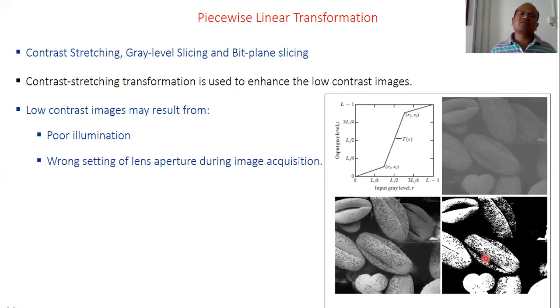Contrast is improved, because we know that contrast is actually the difference between two neighboring or adjacent pixels. Whenever a difference lies in the adjacent pixels, the image is visualized. Otherwise, we can't see the images. This is why we see the improved contrast in the other images. And this darkened image is the original image which is subjected to the piecewise linear transformation method.